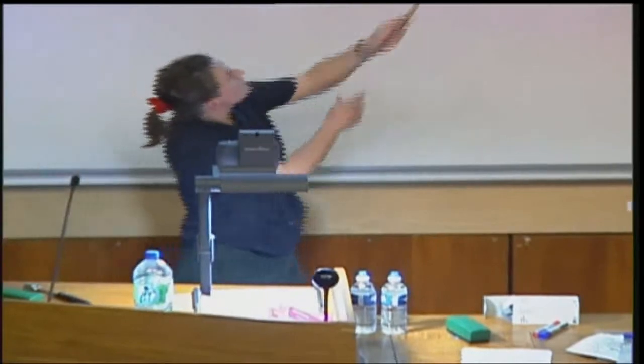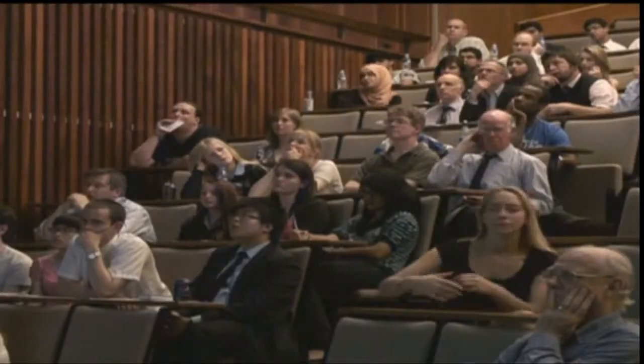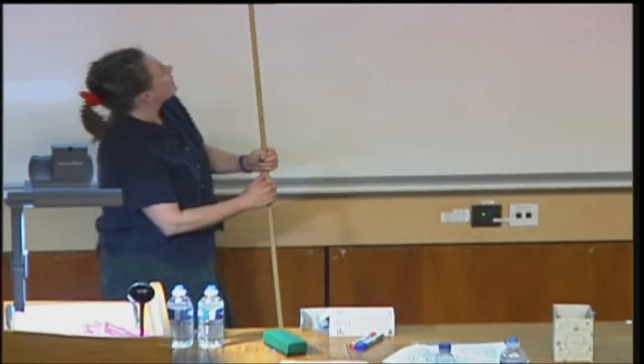None of these models... the black line goes really close to the edge of all the orange lines at the top there. It was warmer in the 1940s than any of the models predicts. And this argument has been used by climate skeptics to say, sometimes the climate just does warm up like this, and your models are just too rubbish to be able to predict it. And there's been a huge amount of research on this. And this is an area in which I'm not an expert, but